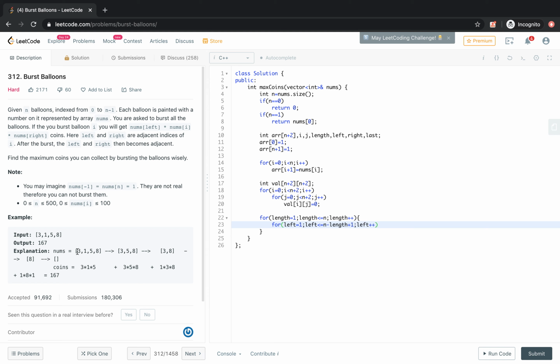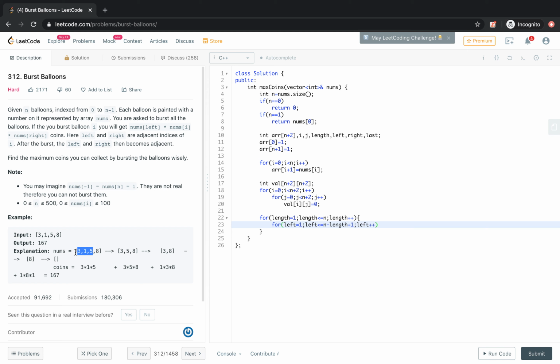Suppose there is a sub array of length 3, then left can start from the first and it can go until... suppose n is 4 and length is 3, so 4 minus 3, so 2. So basically if it starts from 1, it can go until 2, correct?